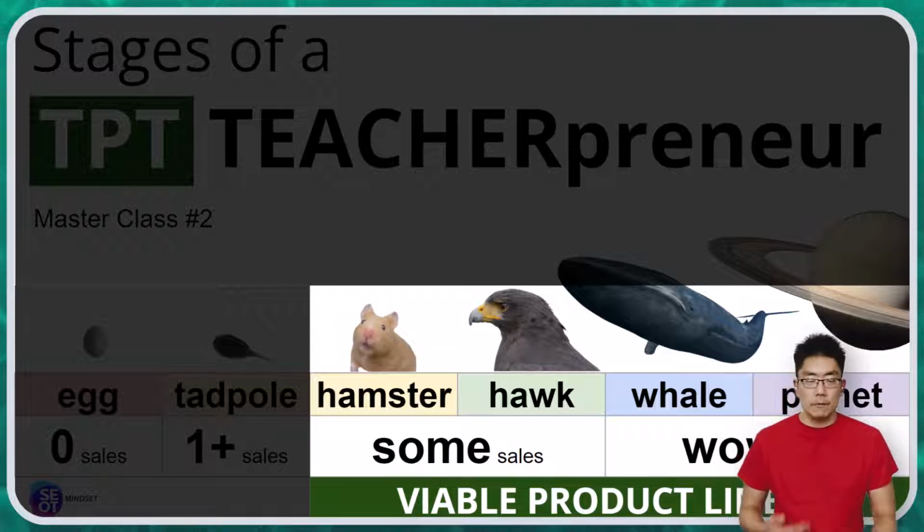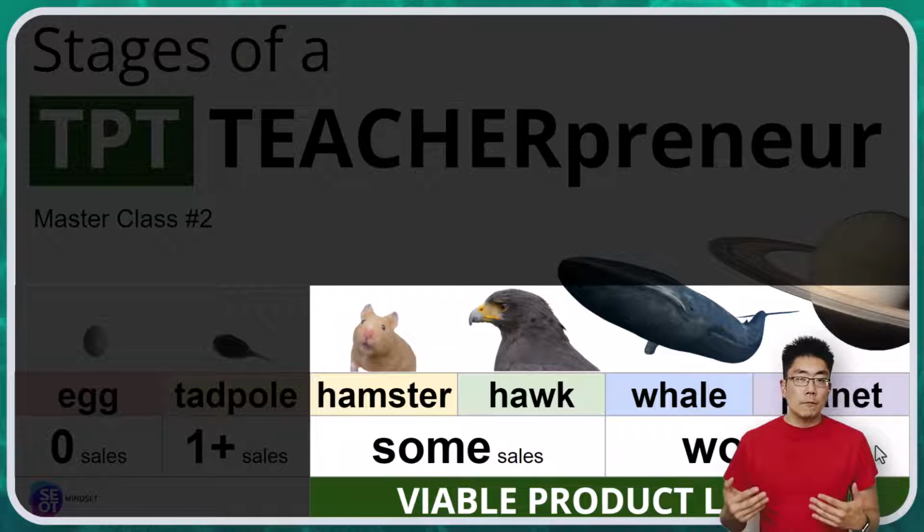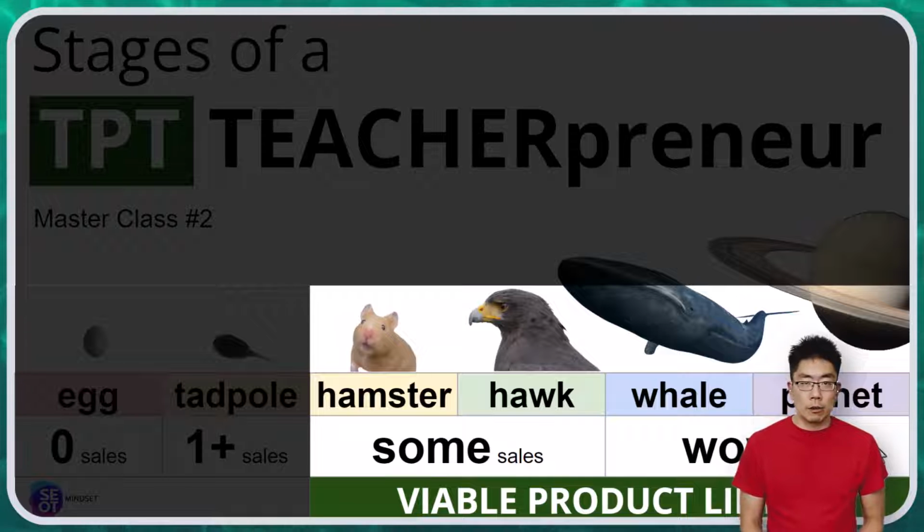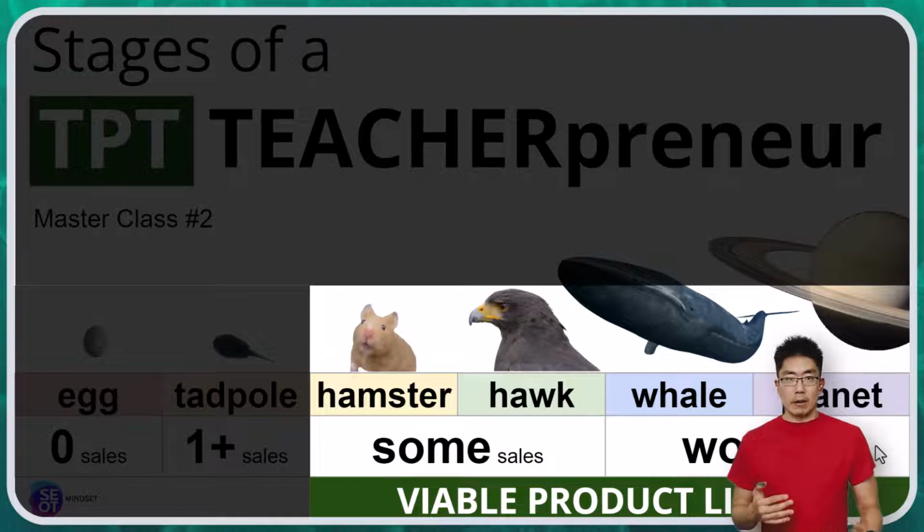This video is for TPT hamsters and above, because I firmly believe that if you're a TPT tadpole and you're still trying to figure out your niche, the bigger impact on your game is keyword selection. Once you find those niche unicorns, that's what I call a keyword that is higher in search volume and lower in competition. They're rare like a unicorn.